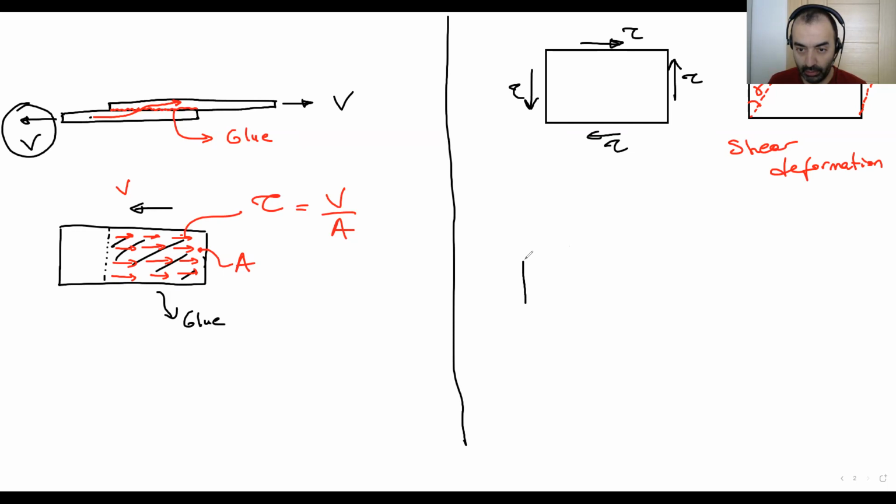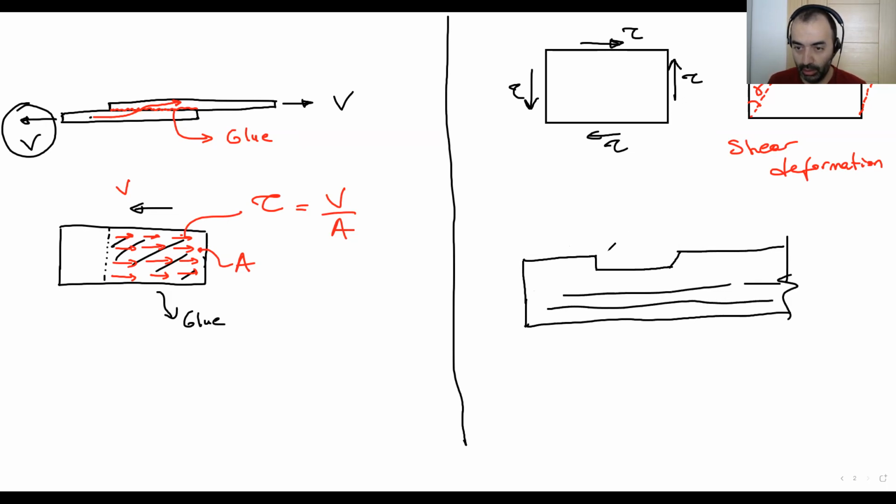If we have a timber connection, this is a timber member, this is wood, and a bracing comes here. These are the fibers of the wood, and if the load comes from here to this joint, what we are going to see,